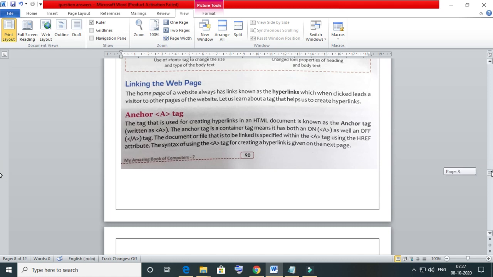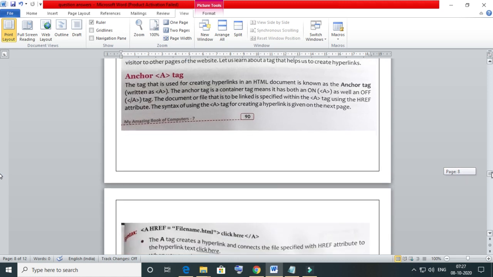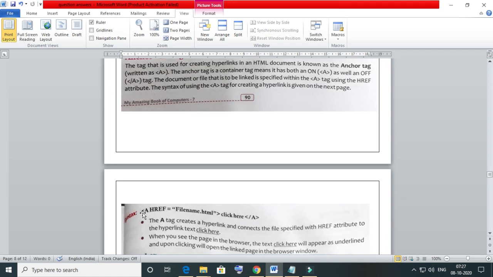You have to specify the source or the URL of the page within the a tag using href. As you can see, a space href equals filename.html, then the text which you have to click, and then the end of the anchor tag.